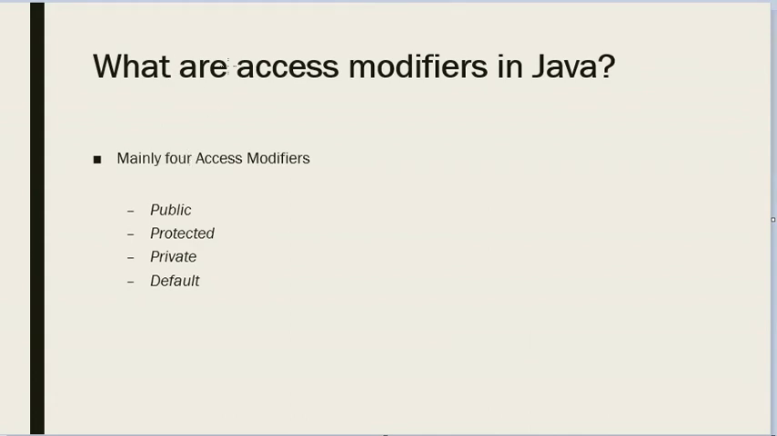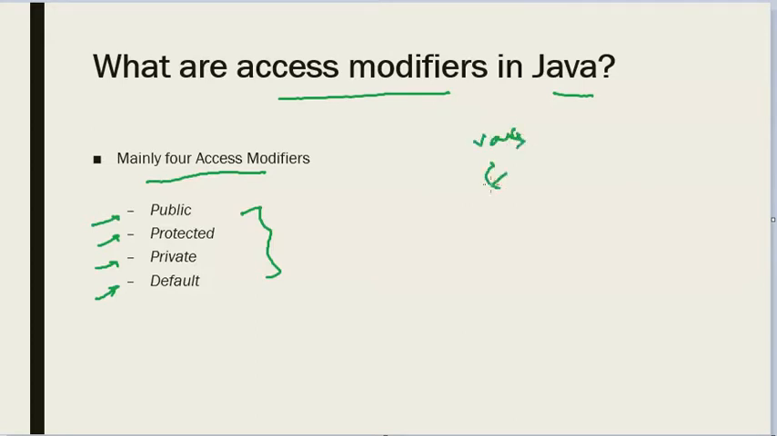So, what are the access modifiers in Java? In Java, there are mainly four access modifiers: public, protected, private, and default. What actually is an access modifier? We know that we can use these keywords called access modifiers with our variables and functions